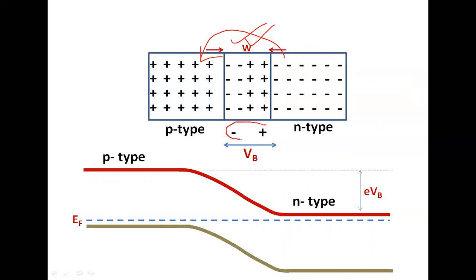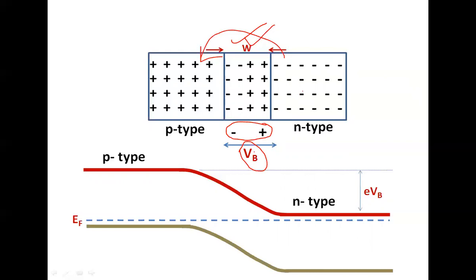Because of the formation of the p-n junction, we also saw that there is something called built-in potential, or built-in field, or barrier field, developed. Let us consider the built-in potential is Vb. This is the built-in potential. Now we know that electrons are diffused from n region to p region.